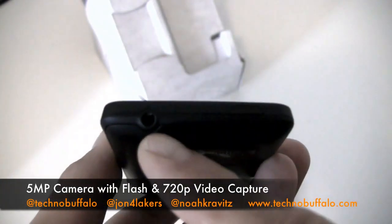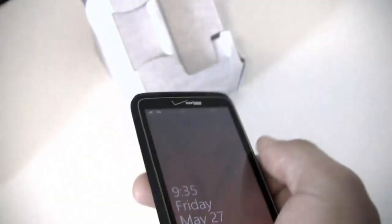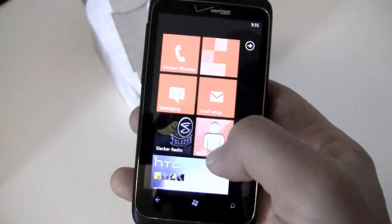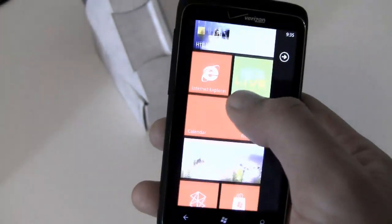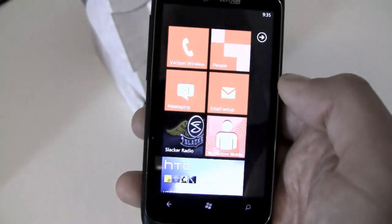On the top, 3.5 millimeter audio jack, your power lock switch. On the left spine rather, you've got a rocker switch for volume and a USB port. And then there you go, your microphone down there on the bottom. And again, this does not have Mango, but it will be Mango supported. It's a 3G phone, not an LTE phone. But you've got pre-installed Slacker radio, the HTC Hub, and of course the Xbox Live integration, the Zune integration. So let's go into